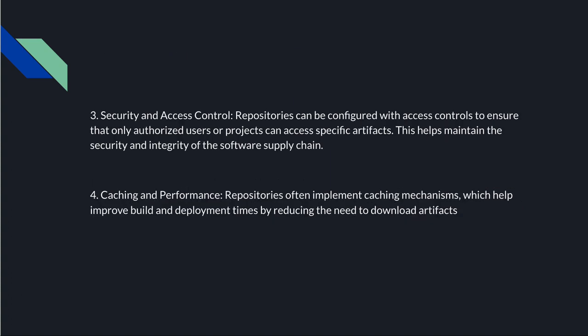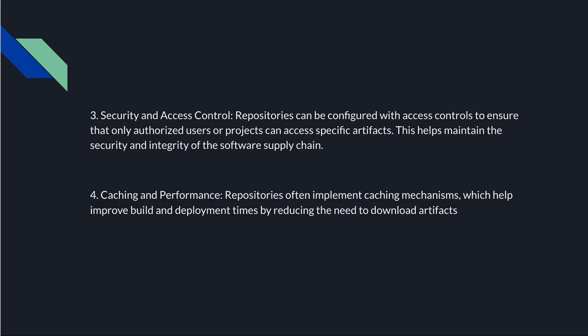versions of our artifact. Okay, next is security and access control. Repositories can be configured with access control to ensure that only authorized users can access those repositories and the artifacts of the projects. This helps to maintain the security and integrity of your software supply chain. Okay, so only the users who are authorized should be accessing those packages, and this is very essential. They should not be allowed to modify or override the packages, because that can cause overall issues or security vulnerabilities in your software supply chain. Okay, so there are various threats related to it. All these can be mitigated by the use of these